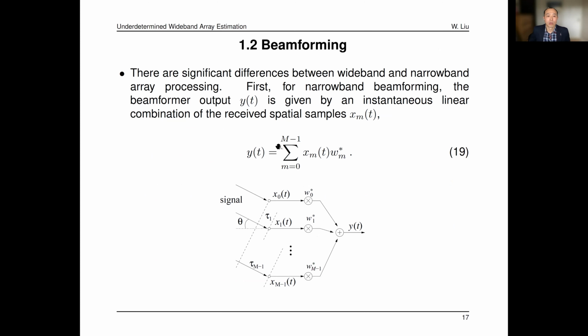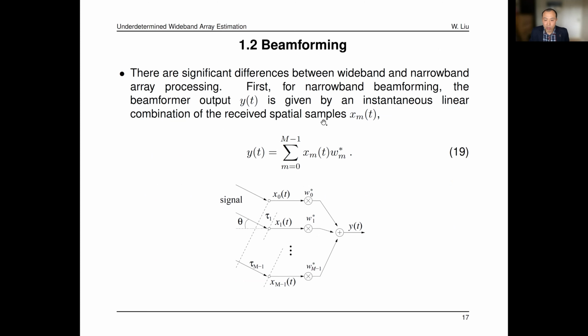Now we talk about the difference. There are significant differences between wideband and narrowband array signal processing. First, for the narrowband case, for narrowband beamforming, the beamformer output y(t) is given by an instantaneous